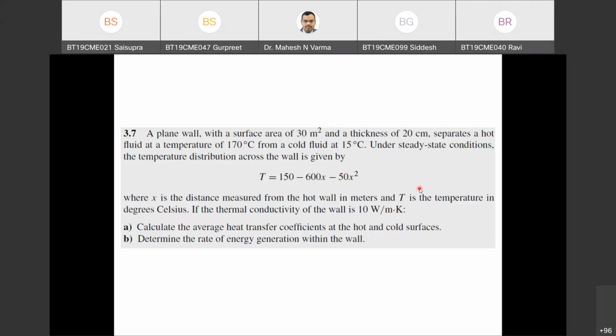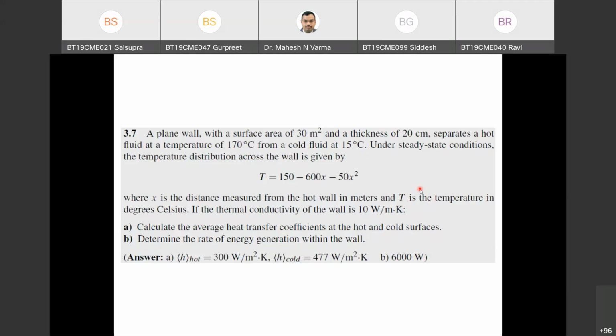So you can draw a sketch also while solving the problem. A rough sketch: here 170, here 15, and so on. These are all tricks not to get a wrong answer: taking data, writing the equation, solving step by step. Okay, so the hot side heat transfer coefficient is 300 watt per meter square Kelvin, the cold side heat transfer coefficient is 477 watt per meter square Kelvin, and the rate of heat generation